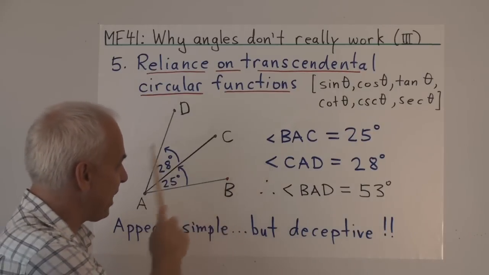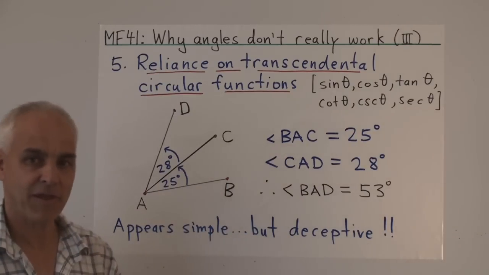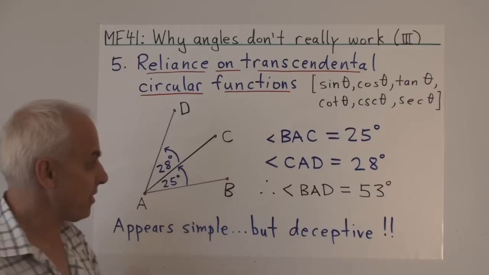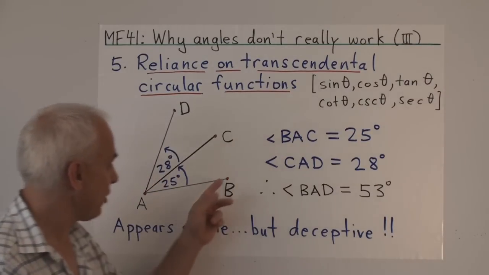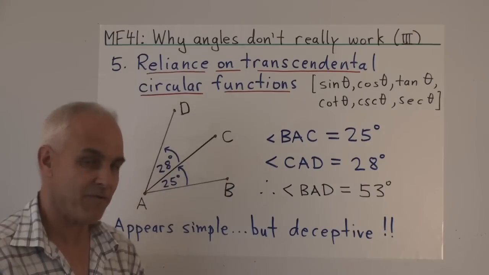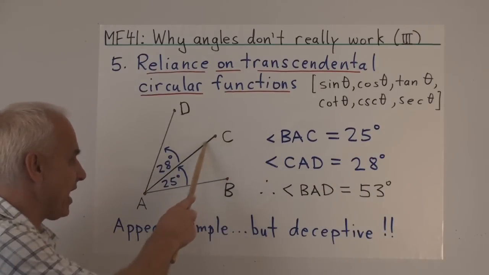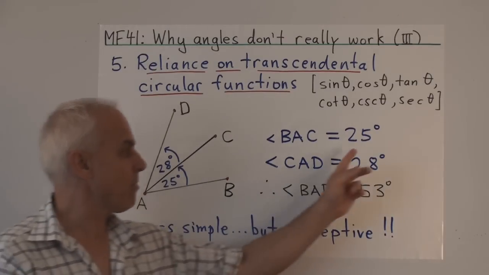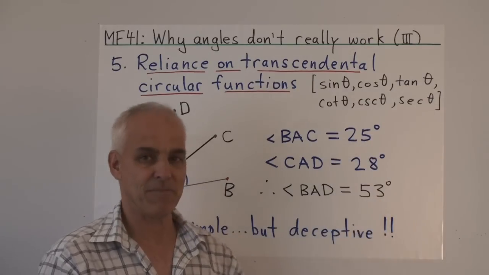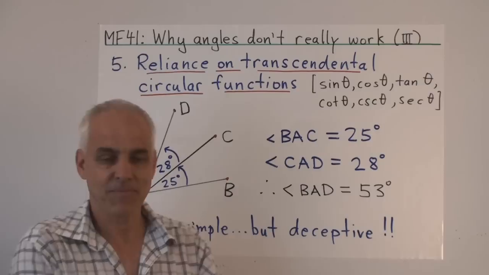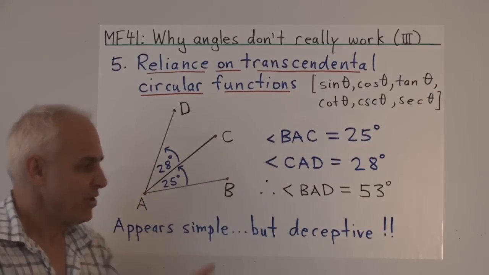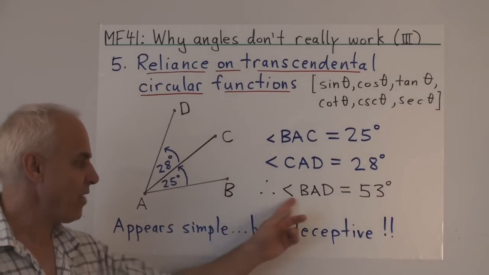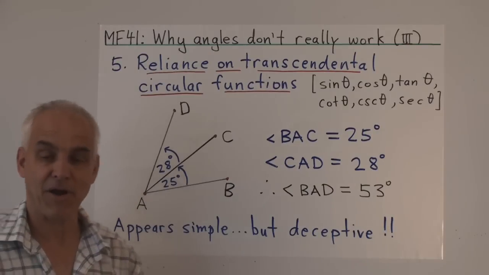There's almost always a picture like this associated to a question like this, because there's a slight ambiguity if the picture is not there. If the picture is not there, then you could easily make the mistake of thinking, well, you might have an angle BAC like this of 25, but then maybe the angle CAD is like this, down here. If that was the picture you had in mind, then you would be more inclined to take the difference between these angles as the resulting answer. So if you just know two angles, knowing the combined angle is really a situation where there's two possibilities. So that's one way in which angles appear simple but are rather deceptive.